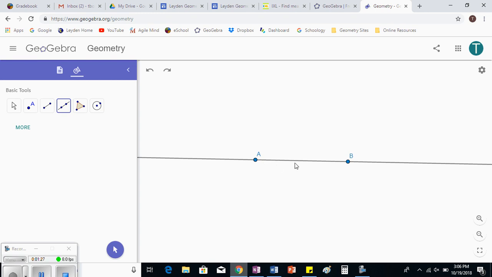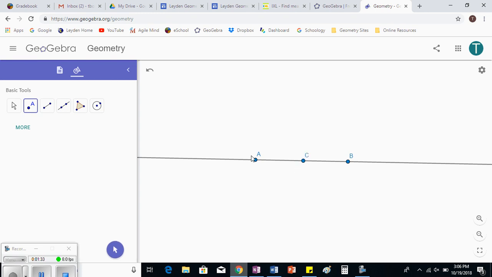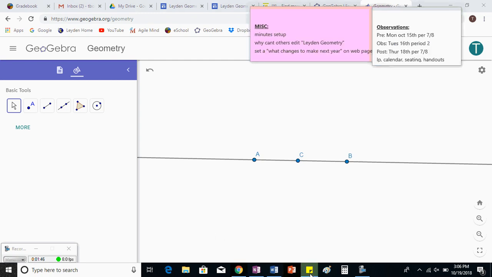What I want to do is create another point in the middle, so I'm going to select the point tool. I'm going to click on the line so my point appears on the line. Now, it's not just near the line, it's actually on it. I can't drag this point off the line no matter what I do. If you click and drag it, it stays on the line. You have to check to make sure your point is doing that as well. Otherwise,